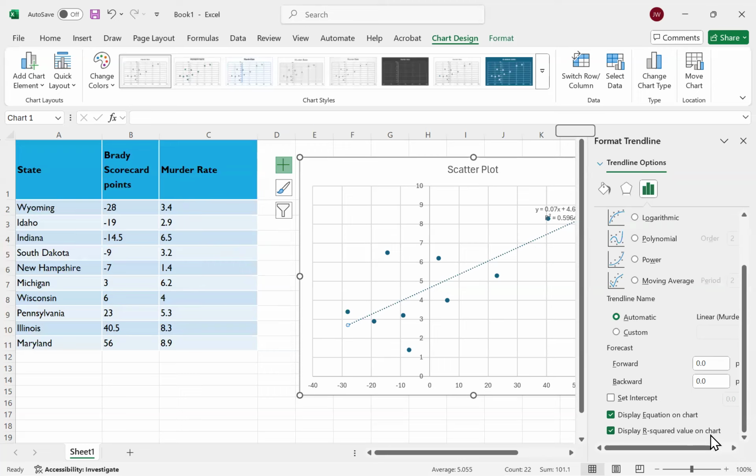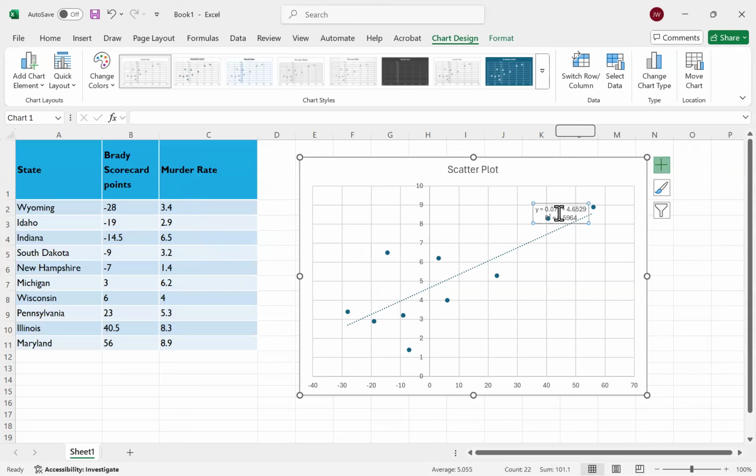That's just the square of R. And when you do that, you get that line that I was referencing earlier. And an R squared,